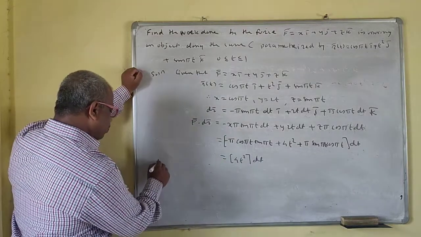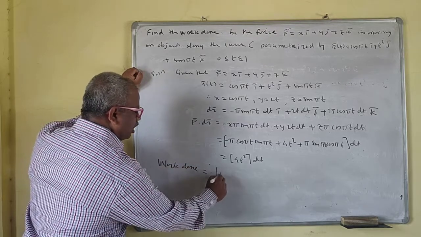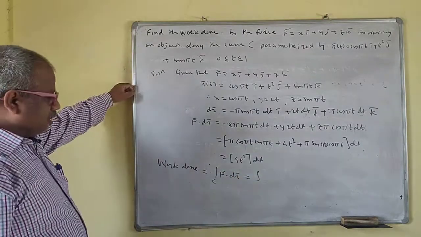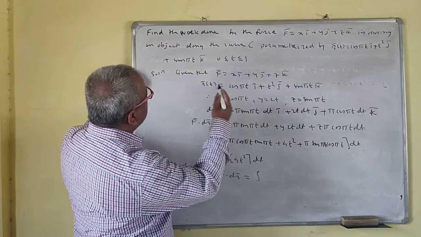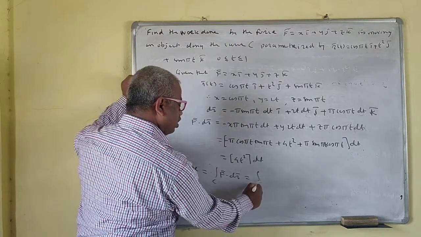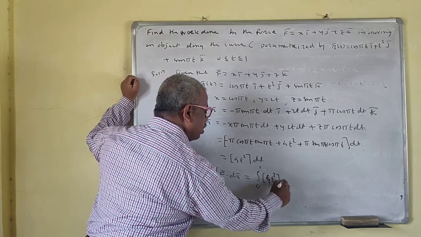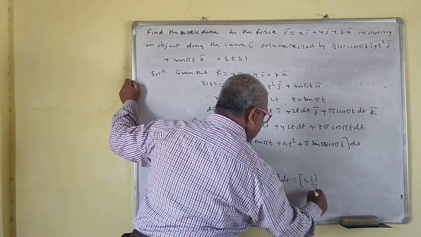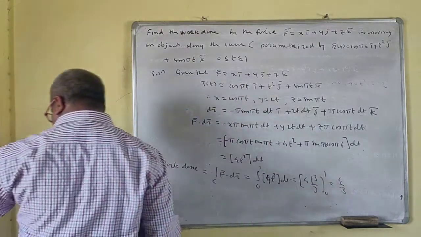So therefore work done is equal to the integral over C of F bar dot dr bar. This is nothing but integration. The limit of t is given to you, that is 0 to 1, of 4t square dt. So this is 4 t cube upon 3, from 0 to 1. So that is 4 by 3. So your work done is